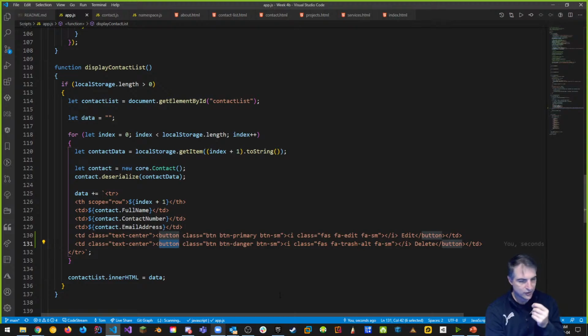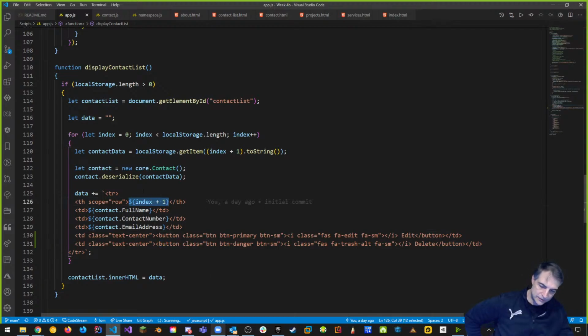But how do I make an event listener listen to what I'm thinking here, okay? That actually looks at the ID that I've got in here. Here's the ID, right? And then I can delete the object that's in here, right? So an event listener for this button. In fact, there's a couple ways to do this, right? I can make a special ID for the button based on the index that I'm looking at, right? So the button index, the number, think about it as a